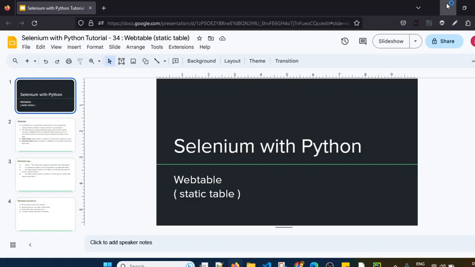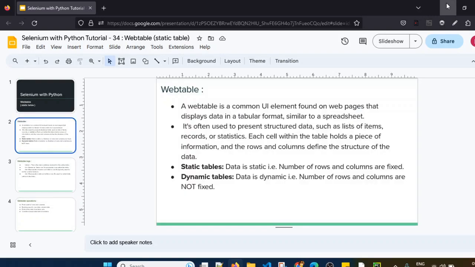In today's session, we will see about web table handling in Selenium with Python. So what is exactly a web table? A web table is a common UI element found on web pages that displays data in a tabular format, similar to